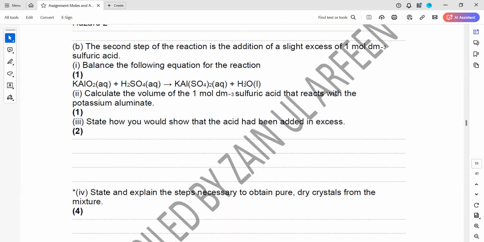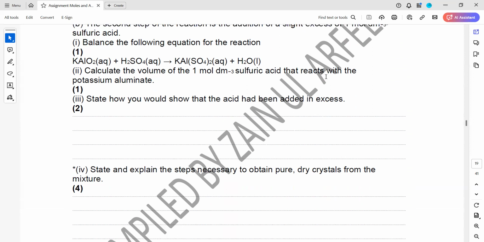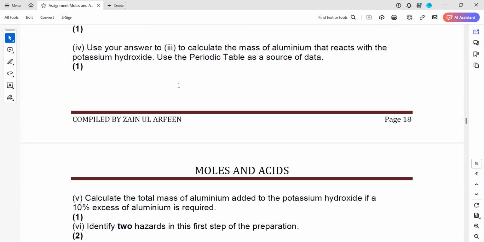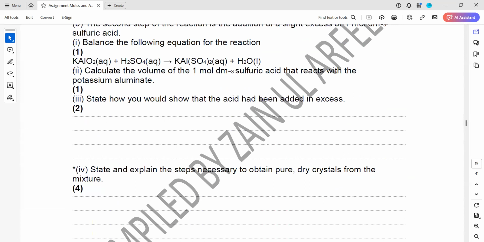The second step of the reaction is the addition of a slight excess of 1 mol per dm³ sulfuric acid. Calculate the volume of sulfuric acid which reacted with potassium aluminate. So we have to use our previous answer, where we already worked out the moles of potassium aluminate. The ratio is 1:1, so the same moles, and just divide by the concentration. So we get the volume. And how would you show that the acid has been added in excess? So how can we identify